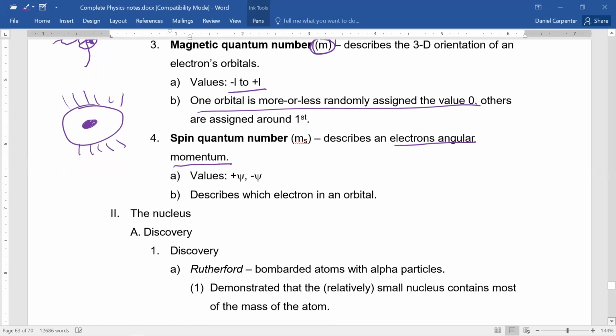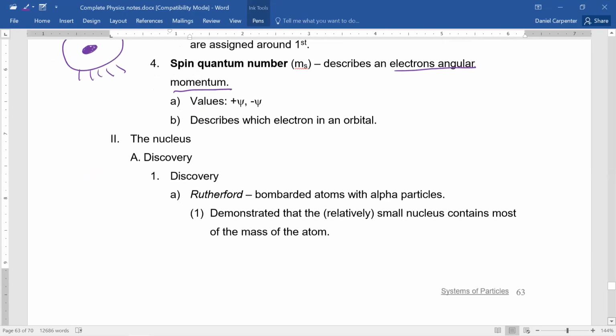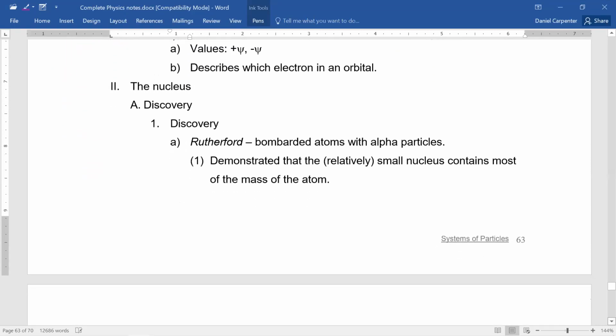So just a little bit about the nucleus. The nucleus was discovered by Rutherford, if you remember the atomic models back from chemistry. I know that's asking a lot to remember stuff from a class 2 years ago. But Rutherford bombarded atoms with alpha particles. If you remember, again,